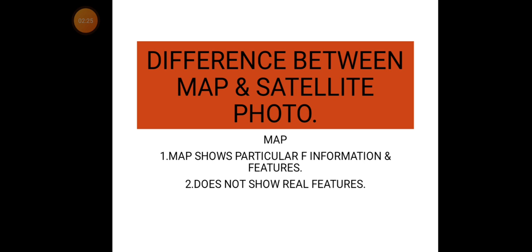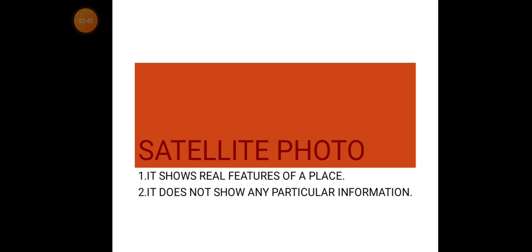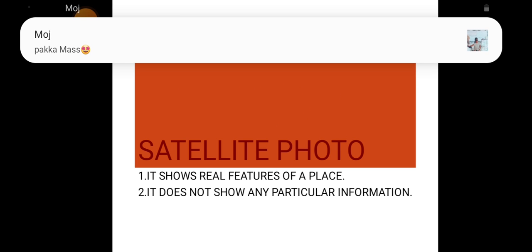Difference between the map and satellite photo: a map shows particular information and features, it does not show real features, whereas the satellite photo shows the real features, but it does not give any information about the place. Apart from this, the ancient history of map making started 4000 years ago. We can know the information from the clay